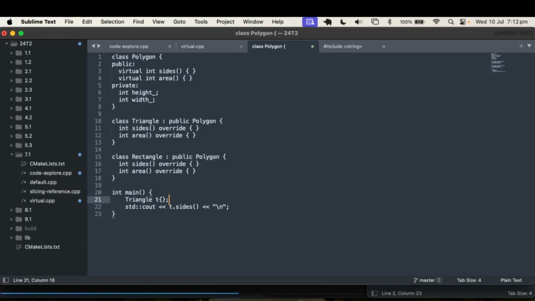However, again, let's imagine for a second I actually said, you know what, I'm going to have a polygon type called P, and it's going to reference T. What happens then if I call P.sides? Same example we've seen before. But what we're saying is, because there's a virtual here, the vtables get created, and when I call P.sides,